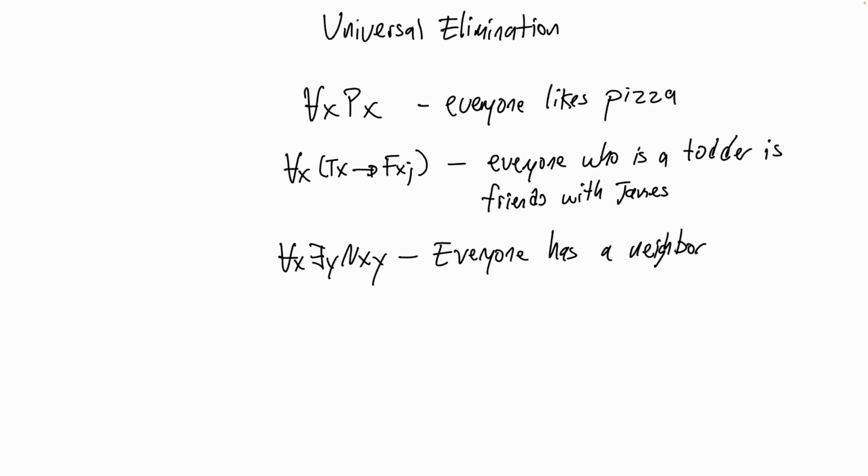And what the universal elimination rule says about how you're allowed to argue from these types of statements is incredibly simple. It says that given a universally quantified wff, you can derive any instance of it. In other words, it says that if you know that everything in the domain has a certain feature or characteristic, then you can take any individual thing from the domain and conclude that it has the feature in question.